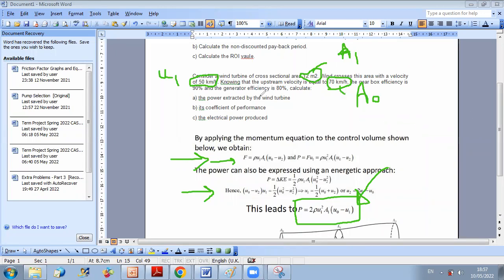So first, we can calculate the power extracted by the wind turbine from the inputs, and it's a numerical replacement here to get the power. Now, what is the coefficient of performance? If you remember, when we talked about CP, we said that the coefficient of performance is like an efficiency. It's what is the